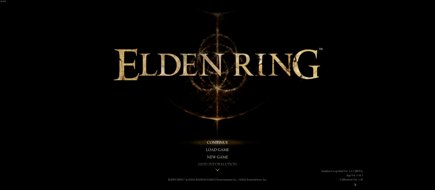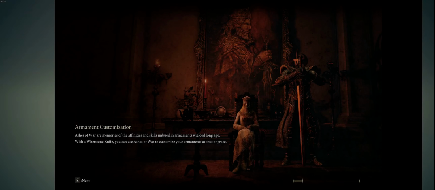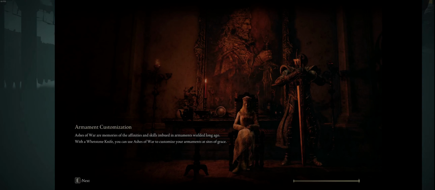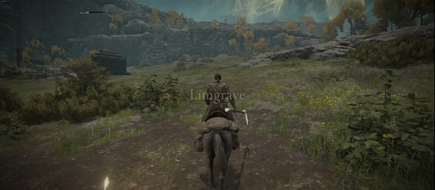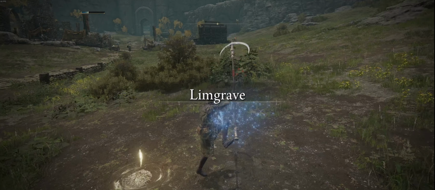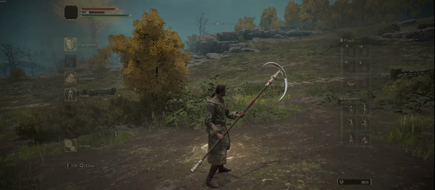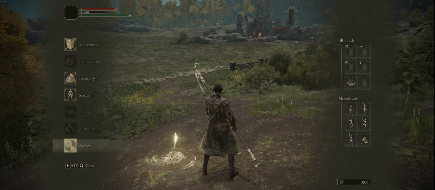That way it kind of forces it to just launch without updating. Regardless, if I was to continue now, there are no mods installed, so when we load in, there'll be nothing here. Nothing really of interest, but